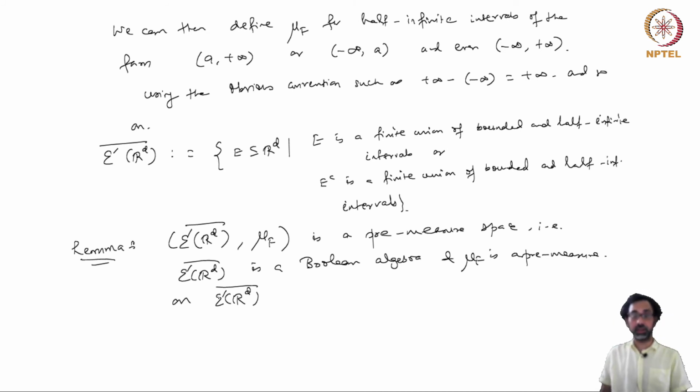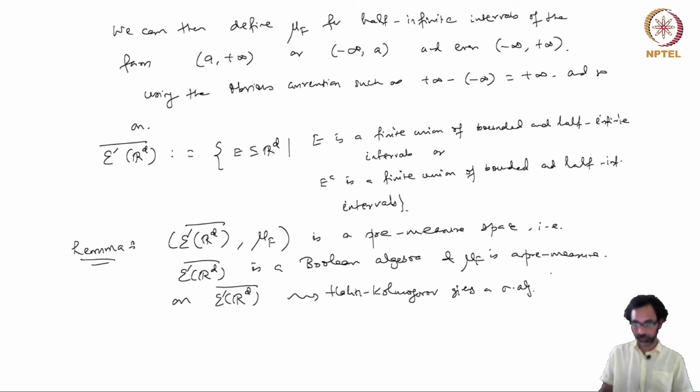But still one can try to compare E prime with the elementary algebra E. Nevertheless, you have a pre-measure mu f on this new Boolean algebra, and so the Hahn-Kolmogorov extension theorem gives a sigma algebra, which let me call L_f(Rd), and a measure which I continue to call mu f, which is called the Lebesgue-Stieltjes measure